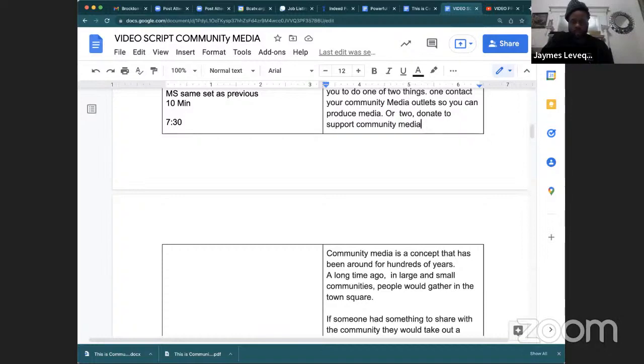I think community media is a concept that has been around for hundreds of years. Long time ago, in large and small communities, people would gather in the town square. I think, honestly, it's more